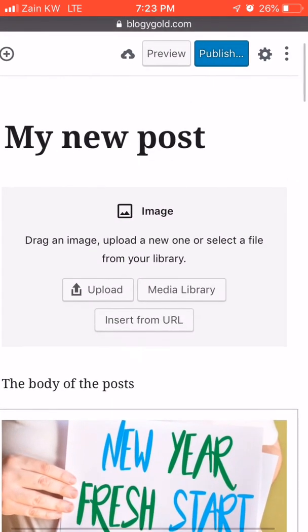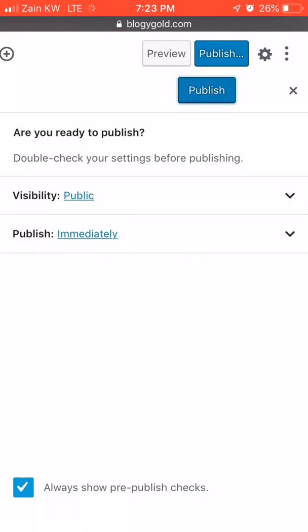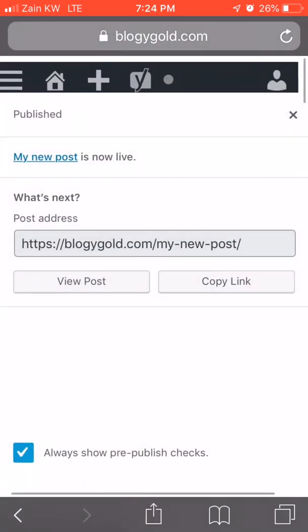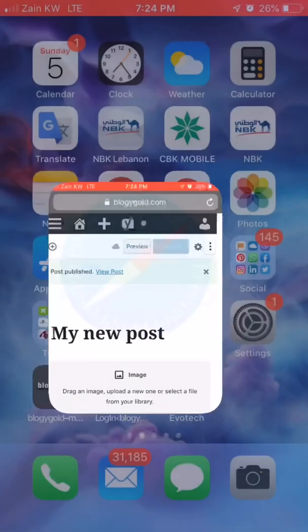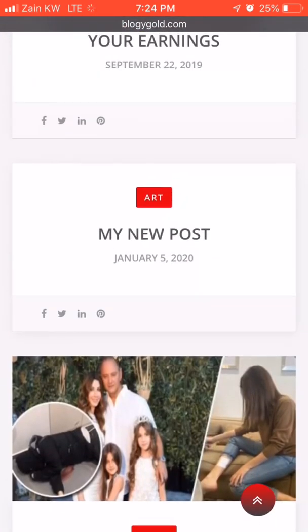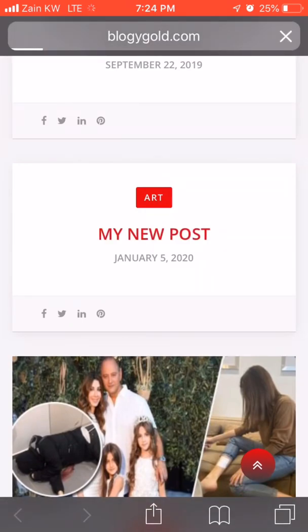For example, if you click publish now, it will immediately publish your post, and you can easily click on the site and see your post. If I open the site live now, the post is there immediately. Okay, this is my new post. You can see if I click on the post, my new post, in the site,